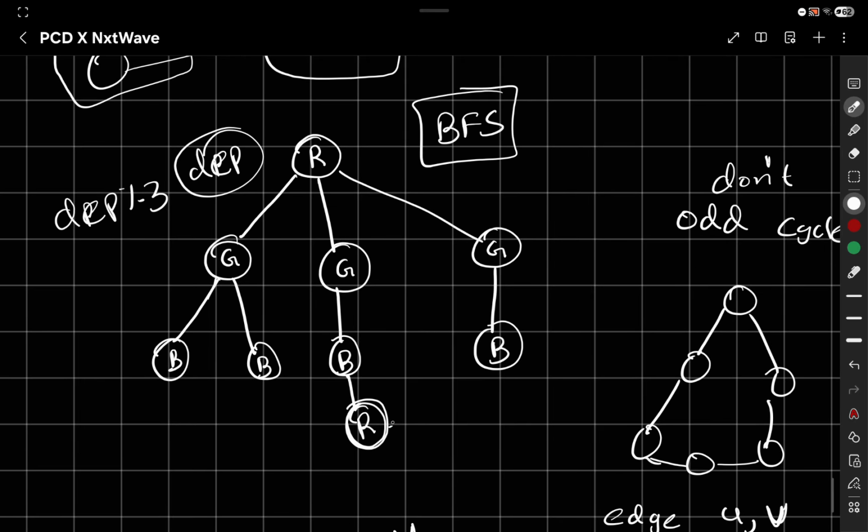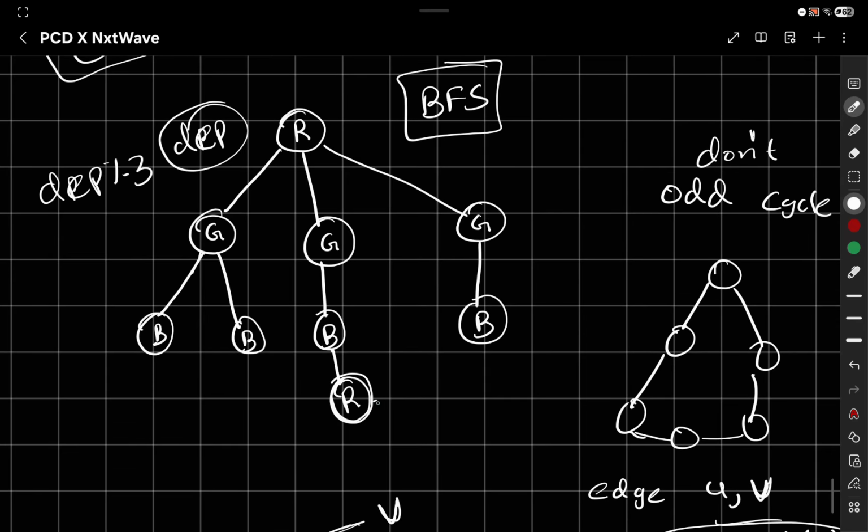For example, for an edge connecting two R's, the only possible case is that they have to lie on the same depth, right? Because if I have any edge from R to a previous R, which is at a different depth, we can see that